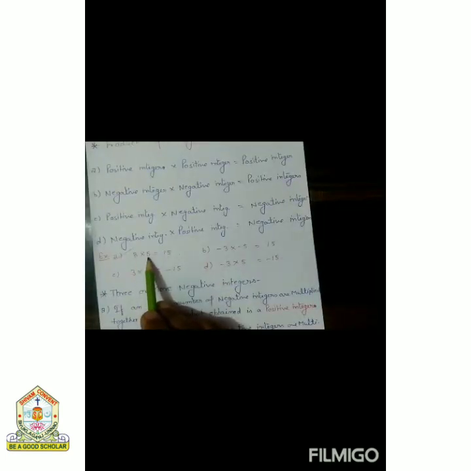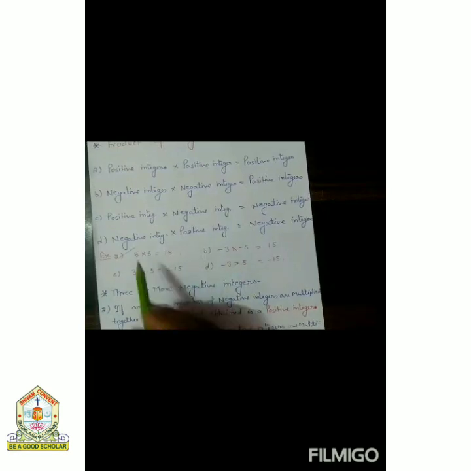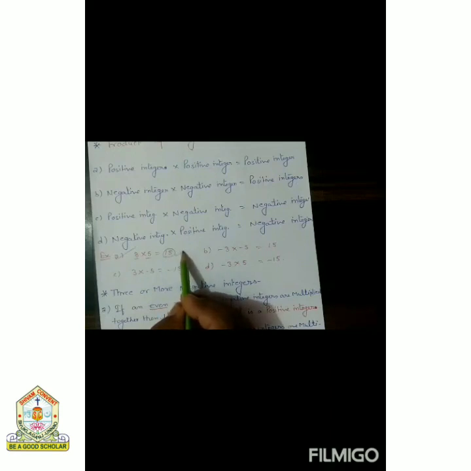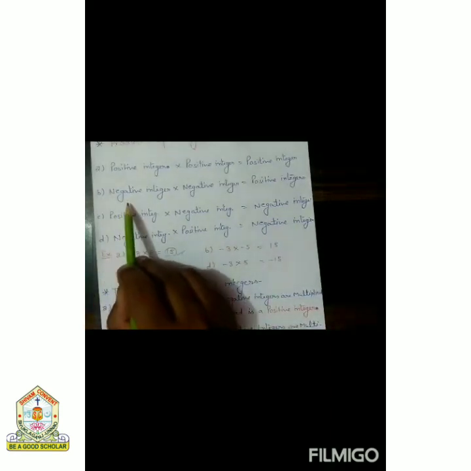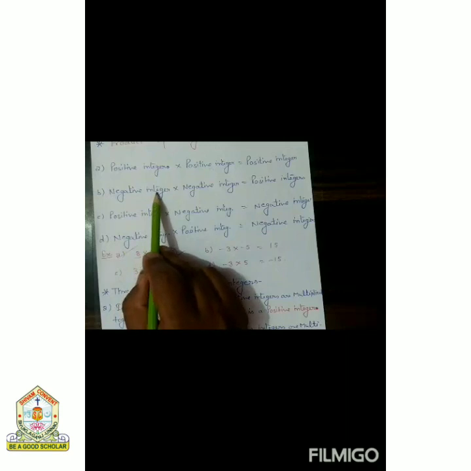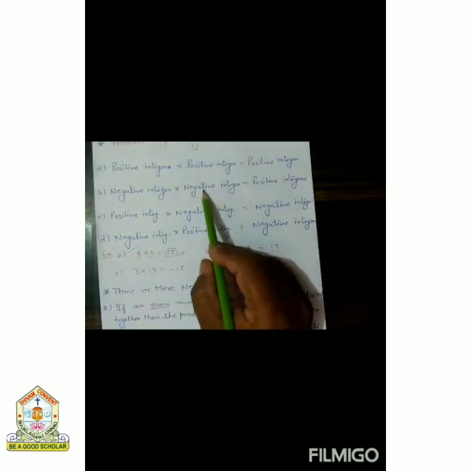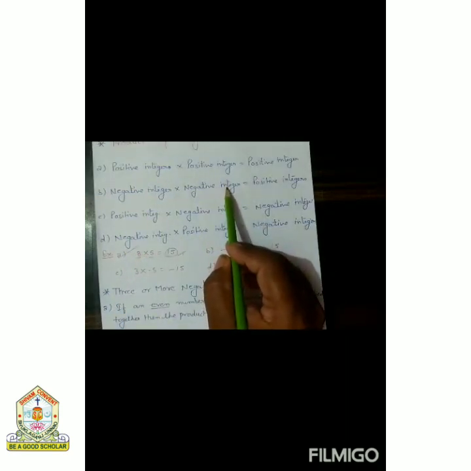Like the first one, when 3 is multiplied by 5, the product is 15. Here both the integers are positive, so their product is also positive. Clear? Second one, when the first integer is a negative integer and the second integer is also a negative integer, means that